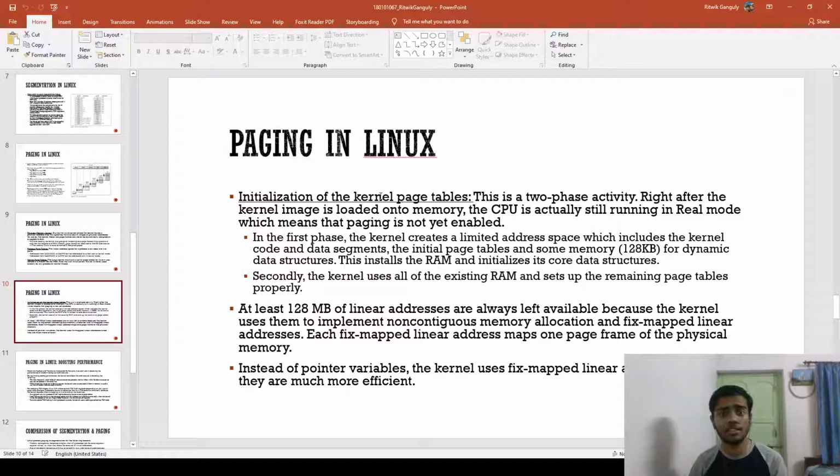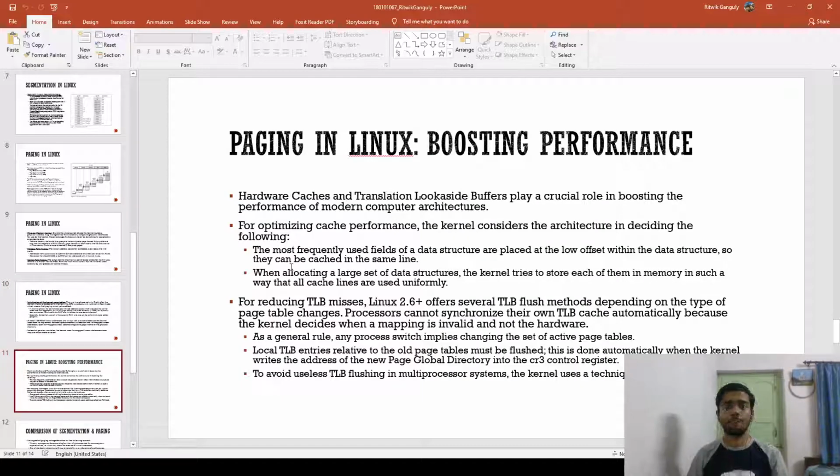And then the kernel uses all of the existing RAM and sets up the remaining page tables properly. Now, at least 128 MB of the linear address space is always left available. There are some safeguards in place so that the kernel uses it to implement non-contiguous memory allocation. Okay. Next, we have learned how Linux implements paging, but there are certain ways it